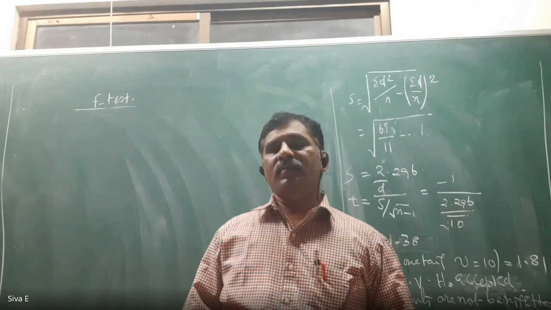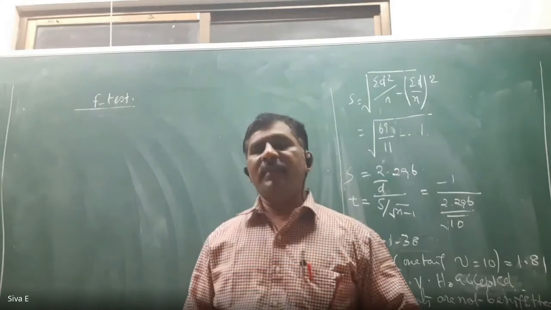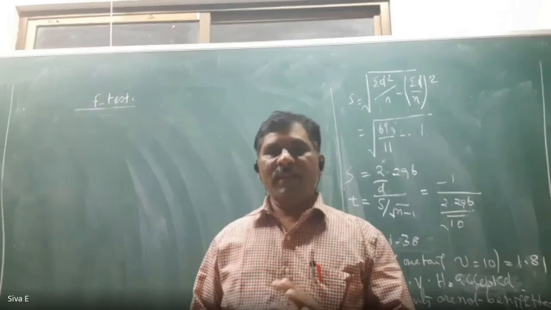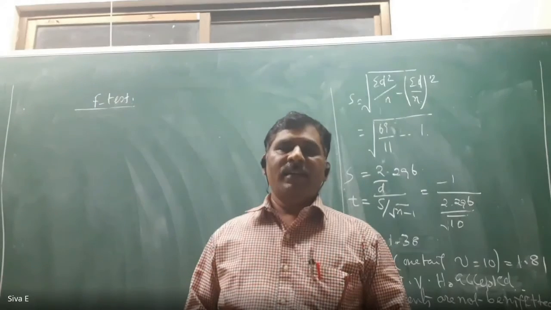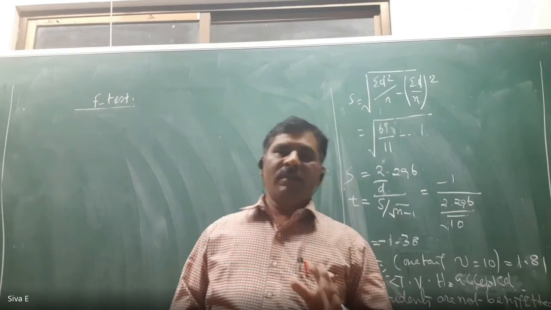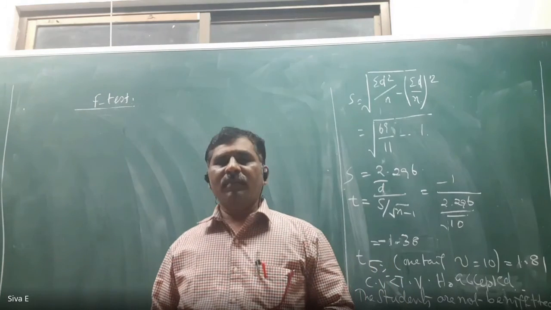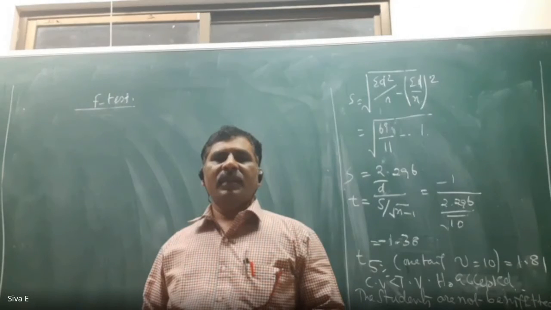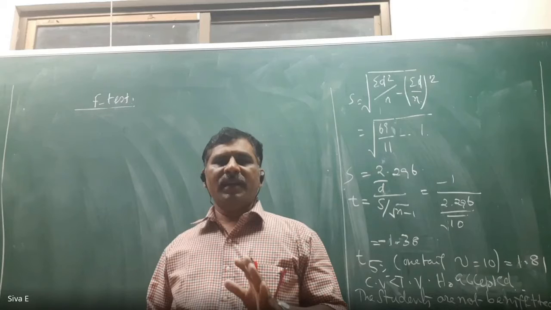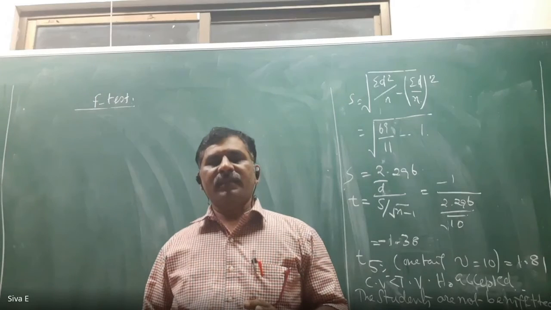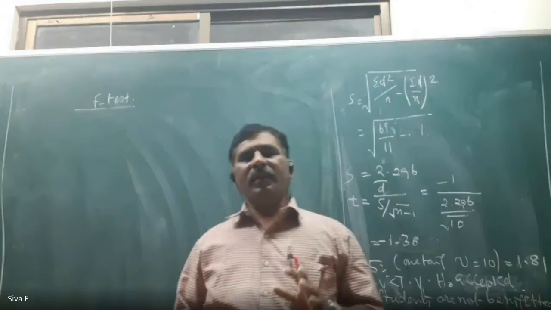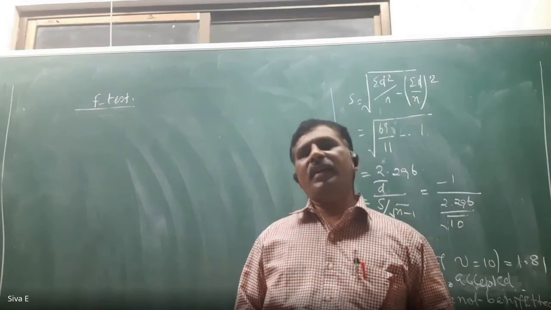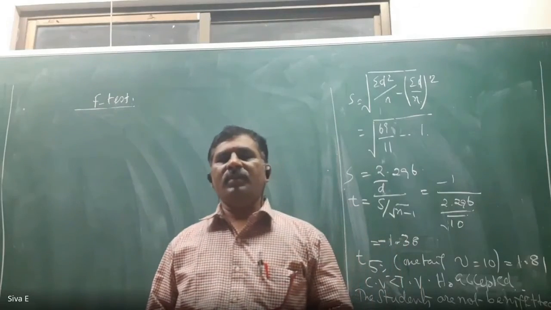First, you have to see the difference between t-test and F-test. T-test is used to test the significance of means only. Even if the variance is available in the problem, you are not going to test the variances; you are checking only the means by using the t-test. F-test is where you test only the variances. The means will not be given in the problem.